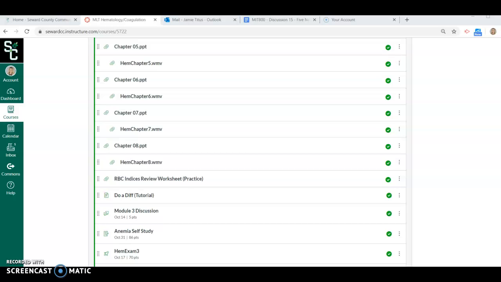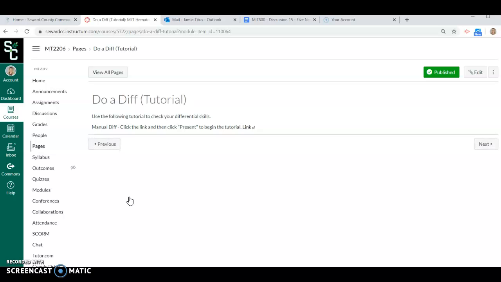The next new technology I used is probably not new to a lot of people, but it was new to me. I used Google Slides to help my students with their cellular morphology. A lot of times you don't get the same pictures that we would get in class. So I bought an adapter for my camera, hooked my camera up to the microscope, and I did a tutorial